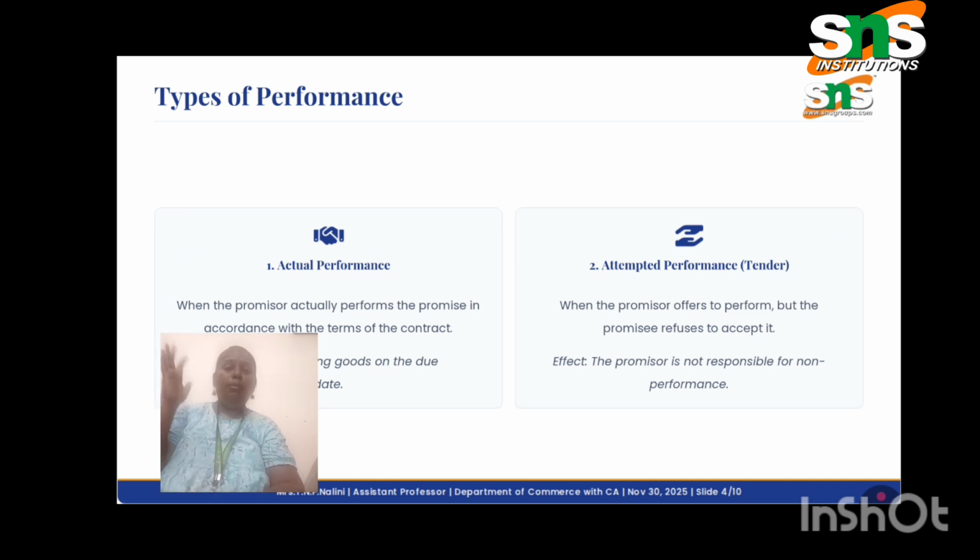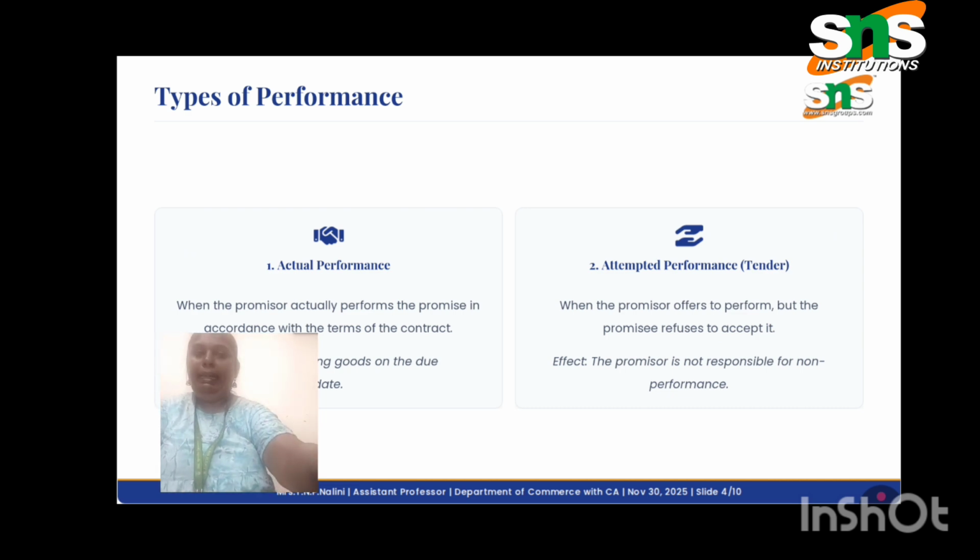We have so many reasons to refuse the offer they made for us. So, it is called attempted performance. The seller is not responsible anymore, as he is ready to perform in a safe legal manner. It is called attempted performance, the tender.